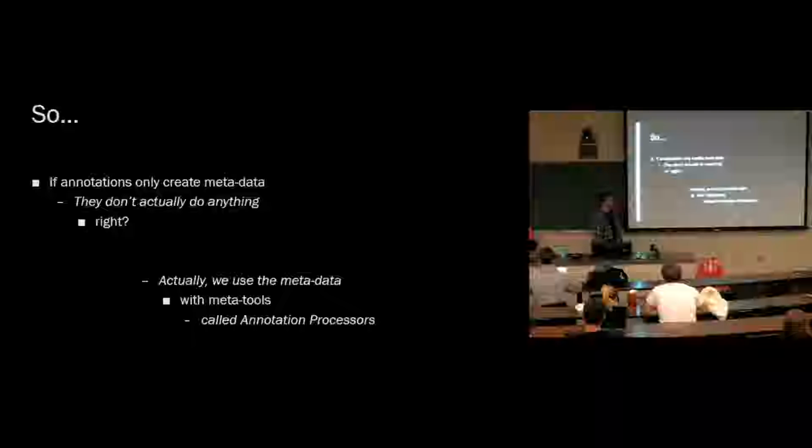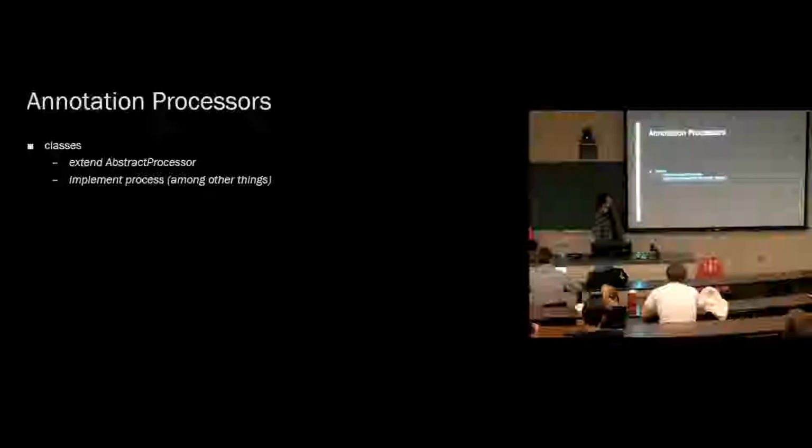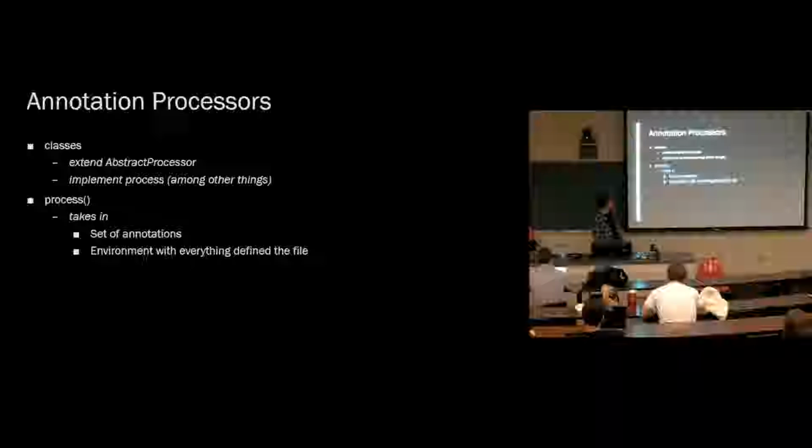And we call those meta tools annotation processors because they process the annotations. And this is compile time computation because these annotation processors are called by the compiler when you compile your code. So an annotation processor is just a class that extends the abstract processor, and it implements the process method. And then the process method takes in a set of annotations and the environment that was defined by the file